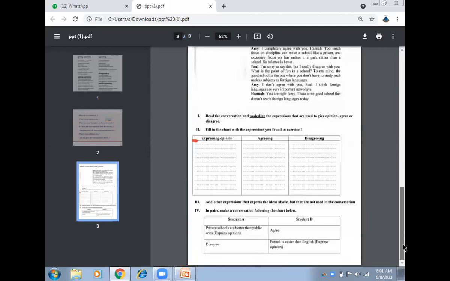But student A is saying he disagrees with it. Okay, student B has to say that he disagrees with this point. So you have to write what expressions student B could use when he agrees and when he disagrees. Clear? Yes, ma'am. Okay, I must end this because